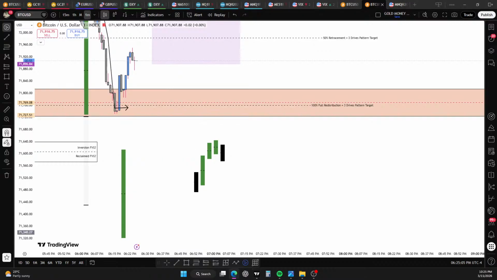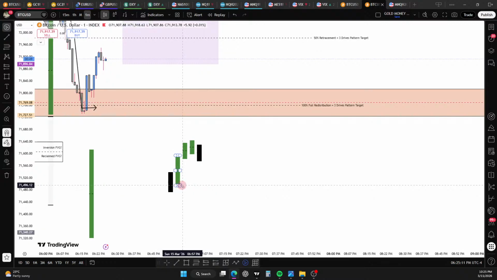So basically, the order block is an attempt to run higher, right? And what's important